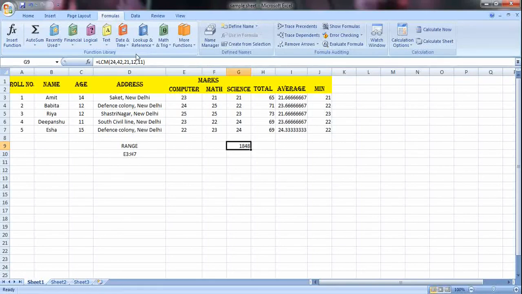So activity number 2 has to be done and stored in your devices for further references, because in the upcoming chapter we will make use of that Excel sheet and we will apply different editings and different effects and also many advanced features of Excel on that Excel sheet.